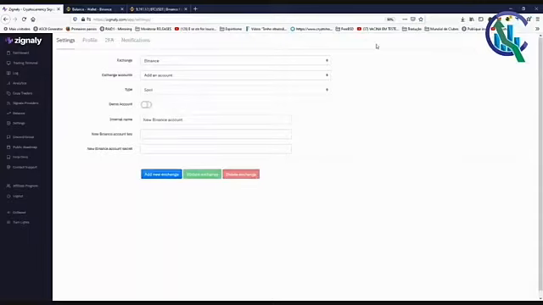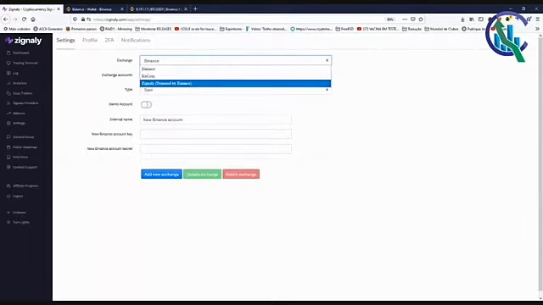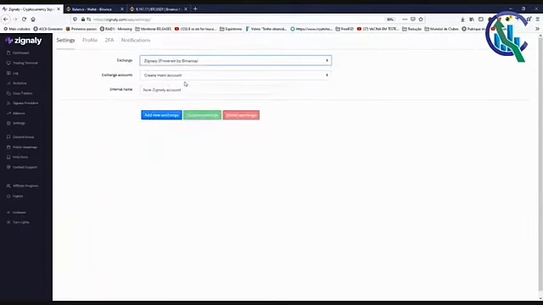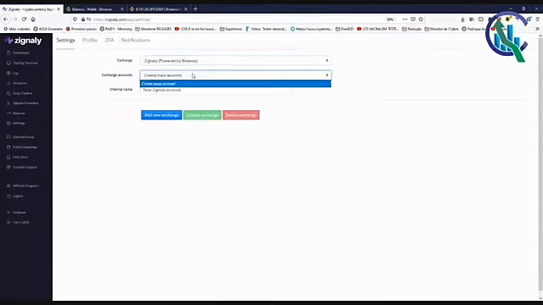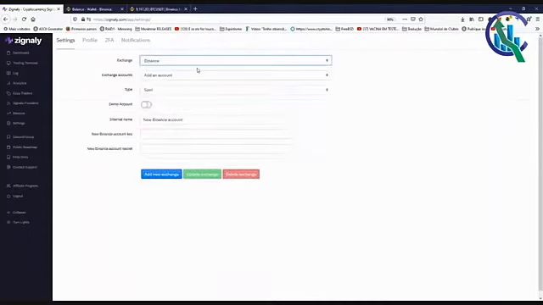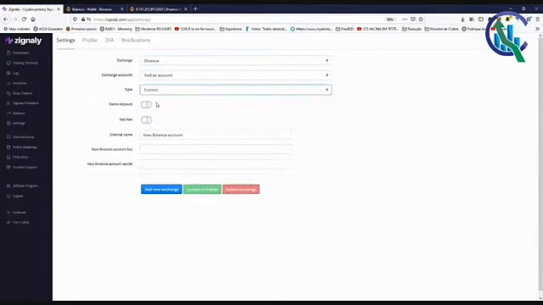So what can I do at Zignaly? Zignaly also operates as a Binance broker. That means I can create an account on Zignaly directly. I don't need to have an account at Binance. So I can choose here, for example, Zignaly powered by Binance, and I will create a new account. Okay, I give a new name, and then I create a new account here. But in this case, I already have an account, right? So I will add one account here, but it's a futures account based on testnet, right?